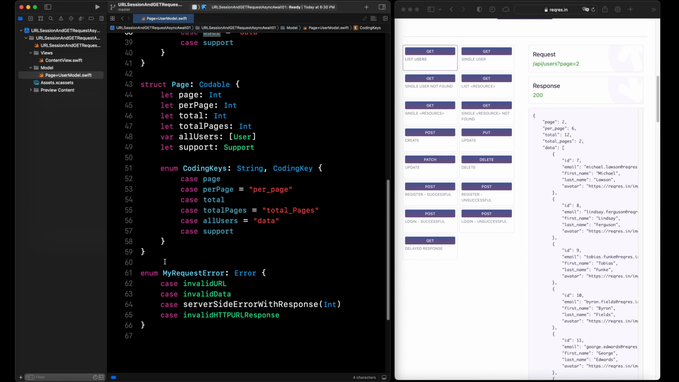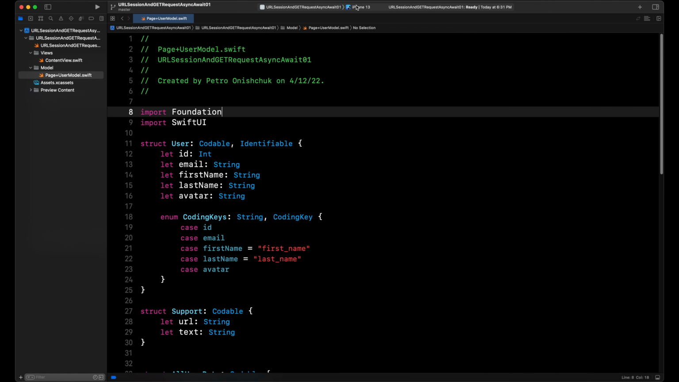And also I created the enum MyRequestError. I'll be using this enum to show an error when we make our GET request by using escaping closures and also by using async await. This is our model. Next, what I want to create is our network class. Inside our network class, we will make our methods for creating our GET request by using escaping closures and also by using async await. For example,